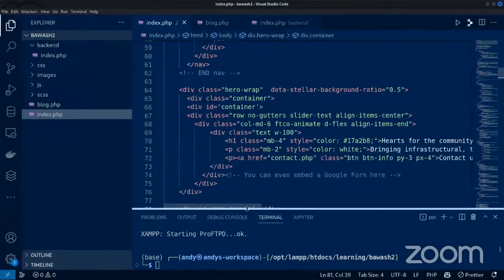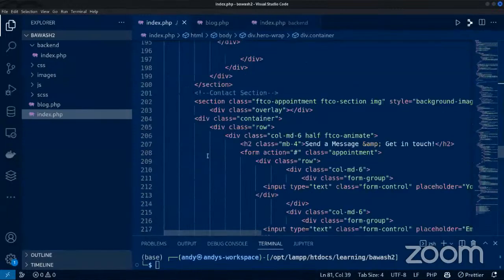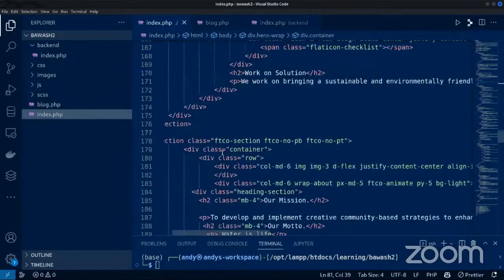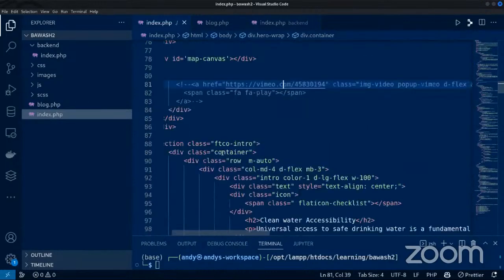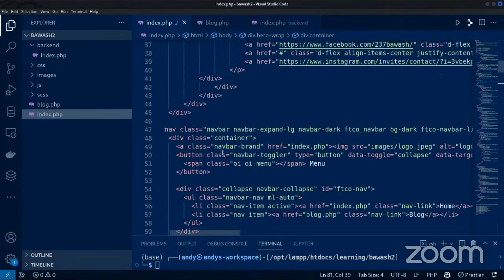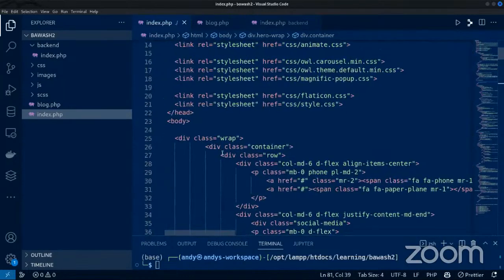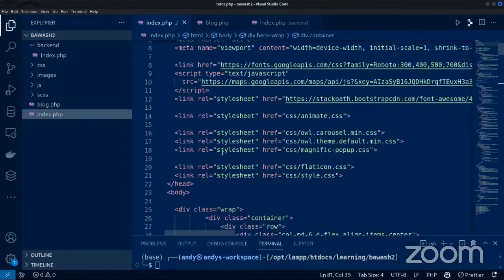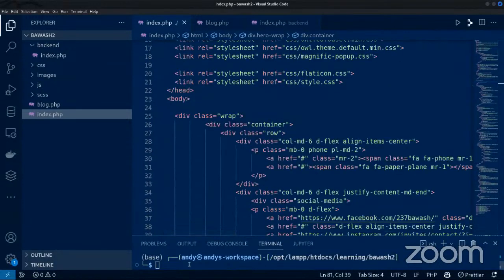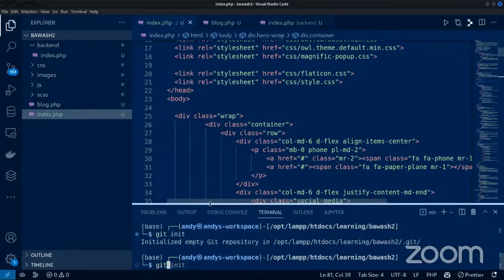Back to this page. This is just normal HTML, like I said, okay? So I could literally push this to you guys. Let me see if I can initialize this right now. Git init. Let me push it so that if you want to work on it, we can be working on it